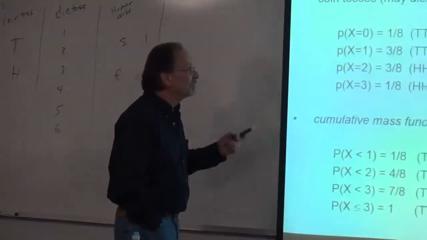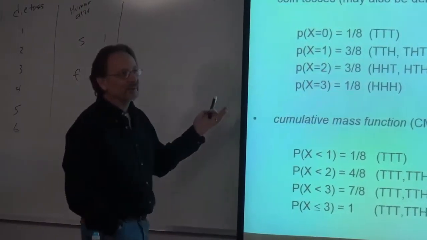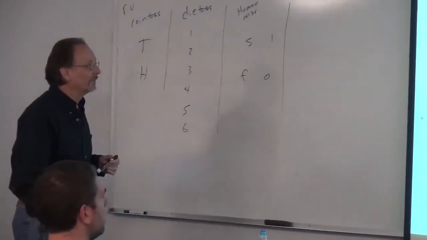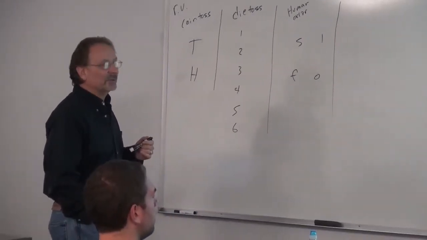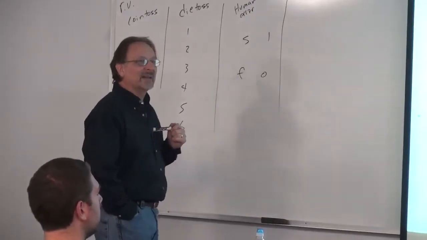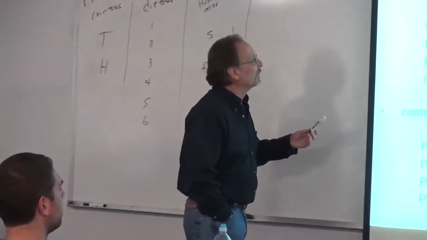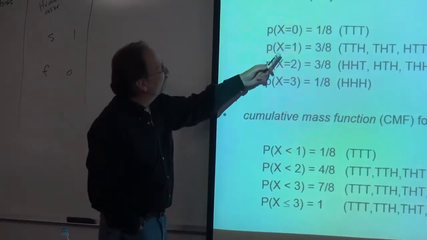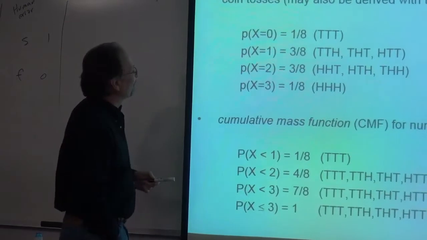And like I said, I'm using this because this is very intuitive. You can do it by enumeration. You can see where the probabilities are derived from. That's for a discrete random variable, or discrete random variables. That's a probability mass function, because I am interested in the probability that it is equal to each one of these random variables.